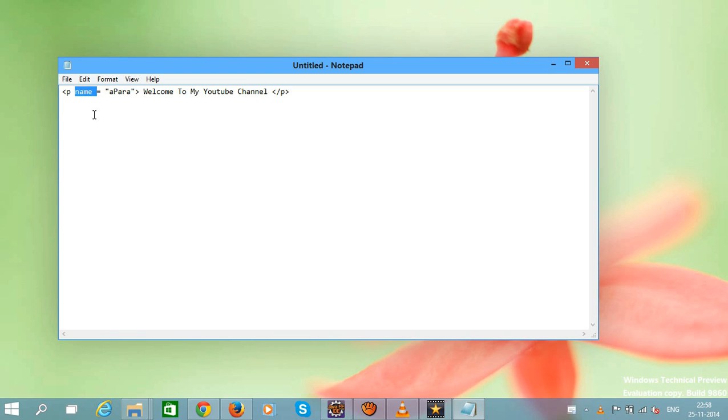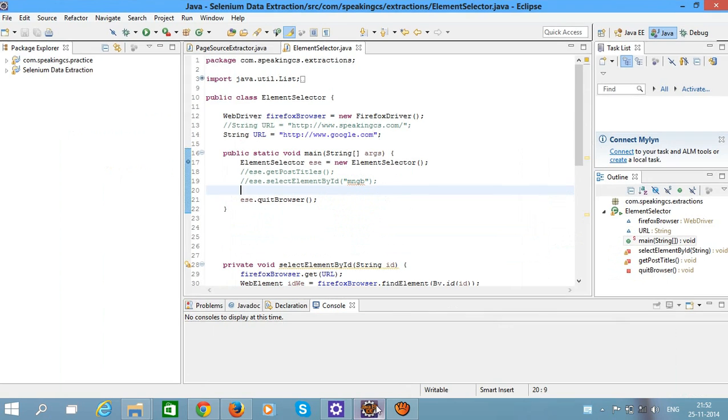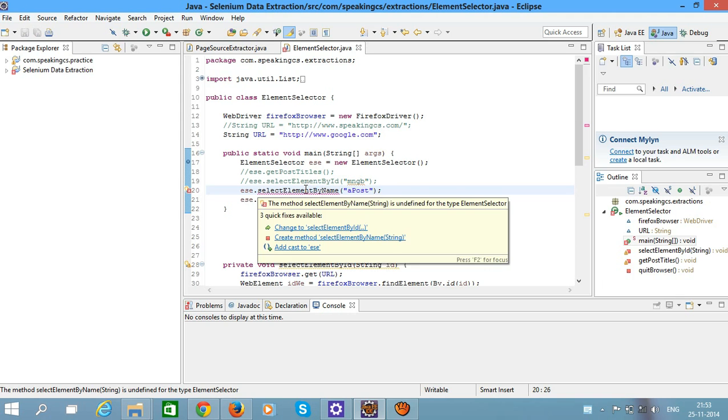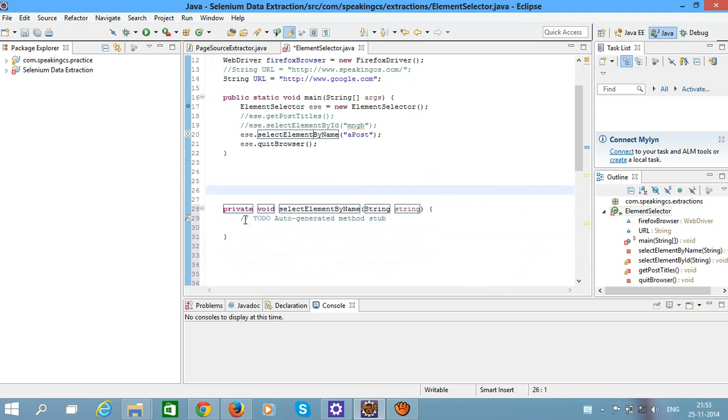Now let's see. Open your Eclipse and create a method in the element selector class, esc dot select element by name. Follow the Java naming convention and pass a value a post and create the method and implement it. Press Ctrl 1 and hit this one. Now the method has been created. Remove the auto generated stub